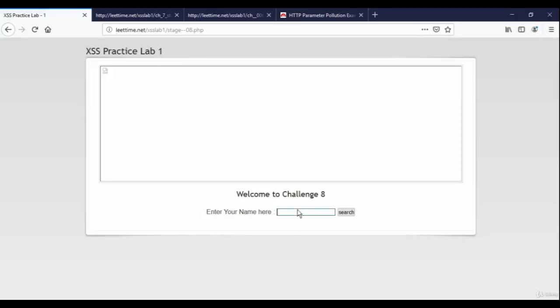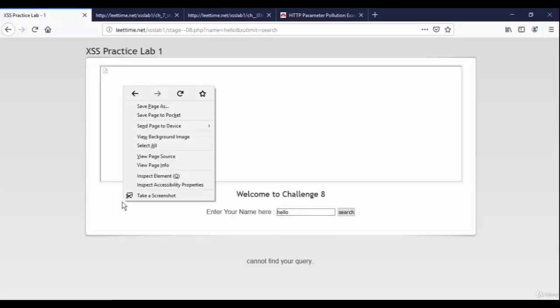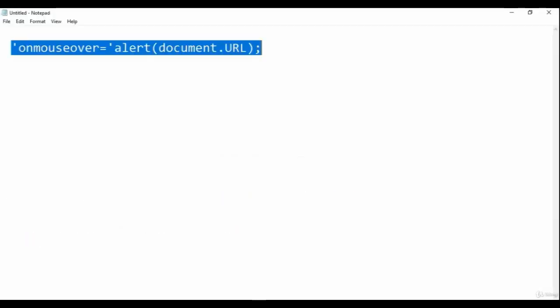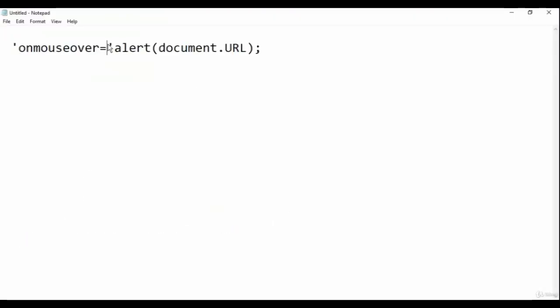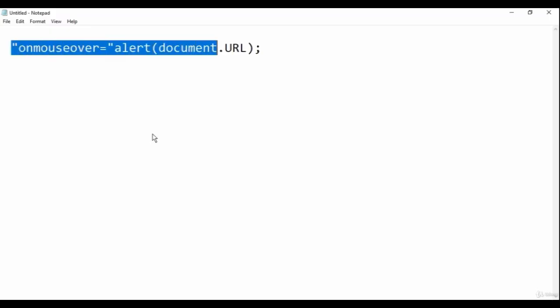Okay, so now it's time for challenge 8. Let's see how different it is from other challenges. Let's view the page source. Okay, there is a little difference between the two. This time we have to use double quotes, right? So double quote here and here as well, and this would be our payload for challenge number 8,